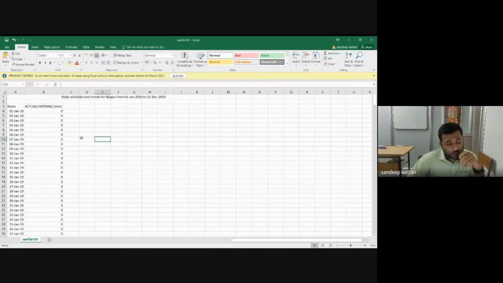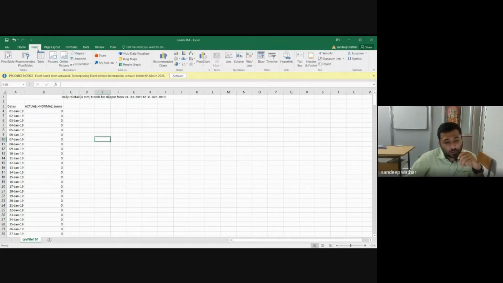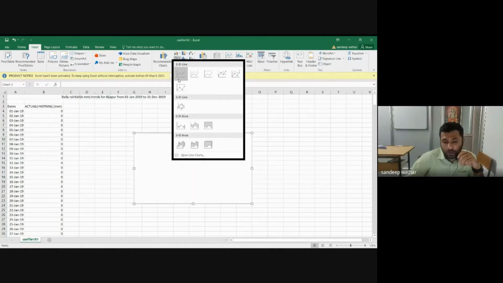So in your high school also you have done similar kind of work. When you want to understand any given number of values, you plot them in a graph and try to interpret the relationship between the dependent and independent variables, right? So here also I'm trying to do the same thing. On the x-axis we'll have dates, on the y-axis we'll have our rainfall values, right? So let me draw the first curve. Okay, so here the first curve is a simple curve.